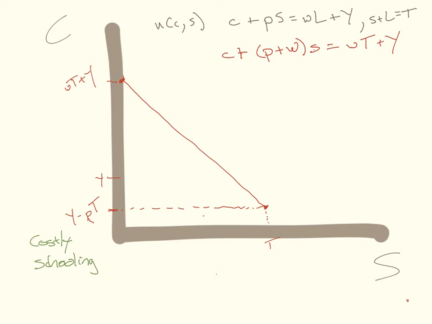Same basic problem, we're still maximizing utility subject to my full income constraint, and that gives us some choice where marginal rate of substitution equals marginal rate of transformation. So that gives us S star and our optimal amount of consumption. It may for a moment seem like, oh, nothing's really changed, we've just shifted down the amount of consumption you can afford when everything is going to schooling, because you have to pay for that schooling,